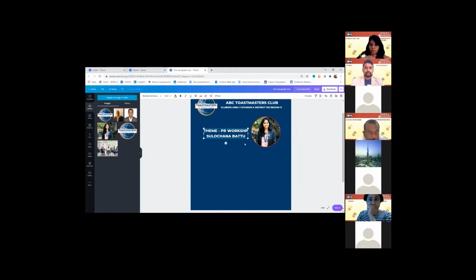Okay, so now we have the details here. Now I'm going to add another feature. I'm going to add the keynote speaker, who was our DTM Nagarajan, to the poster. I don't want to add everything from scratch, so what I can do is click this and duplicate. This makes it perfect, as both the pictures and frames are the same size. You don't have one frame in a bigger size and the other in a smaller size, so you have uniformity on your poster.